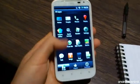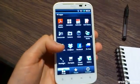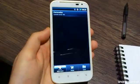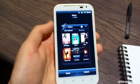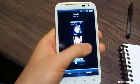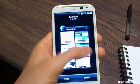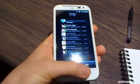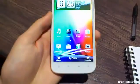So let's begin our tour by taking a quick look into the app drawer. As you can see, you've got 3 tabs down the bottom for switching between different app lists, so you can switch between frequent and downloaded apps, or just view all apps in a list. We'll take a look at some of the new apps later in the video, but right now we're just going to head into the customization area, and just like you'd expect from a Sense device, tons of customization options. So, as well as the usual home screen wallpaper and icon and widget changes, you can also add lock screen shortcuts, just like on the original Sensation, and as you'd expect, there are a bunch of theming and skinning options